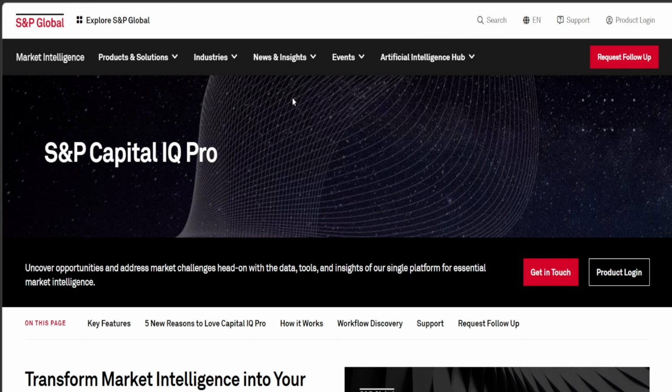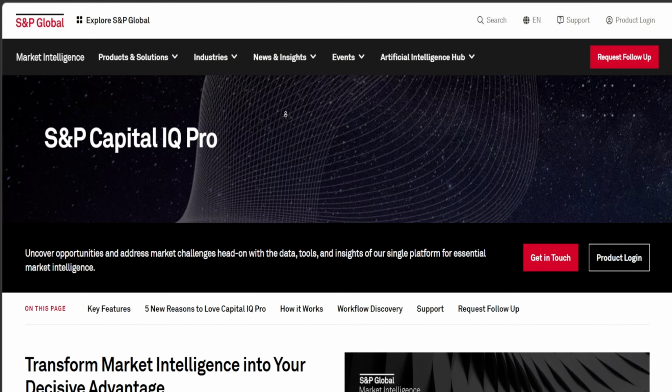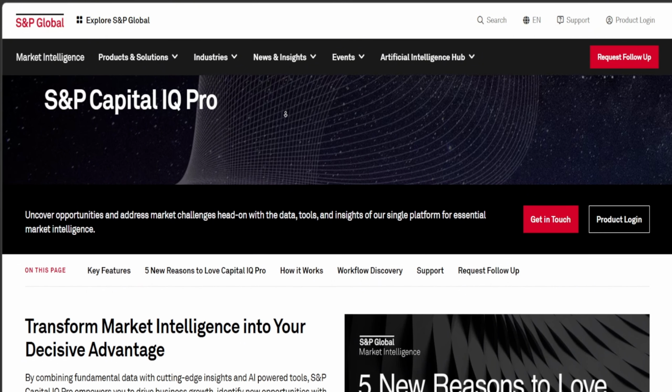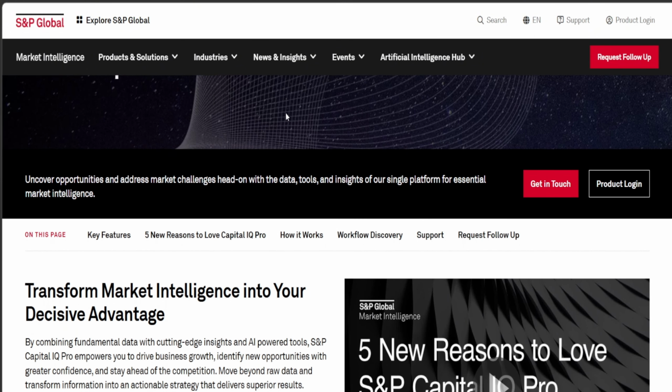But once you've done that, you can go ahead and use the main dashboard and search bar to find your companies, industries, or even financial data. When you open a company profile, you can view detailed information such as your financial statements, valuation metrics, and even ownership data. The platform also allows you to build custom watch lists and dashboards to track companies, markets, or sectors